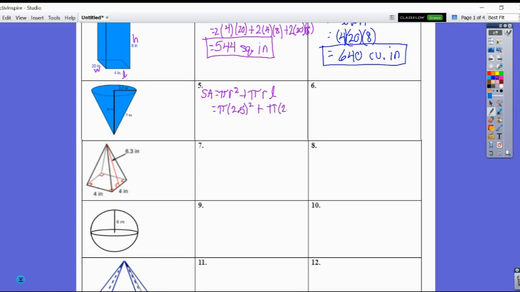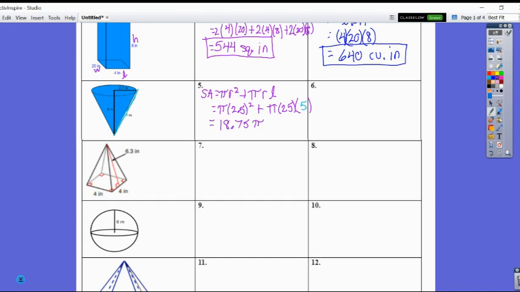Plus pi times the radius of 2.5 again, and then times the slant height. Slant height is identified for us along that edge, so this is 5. Go ahead then, we can plug that in. To do this in terms of pi, multiply our 2.5 squared, and then add on the 2.5 times 5. That's everything that you have in the formula except for the pi. This is looking at